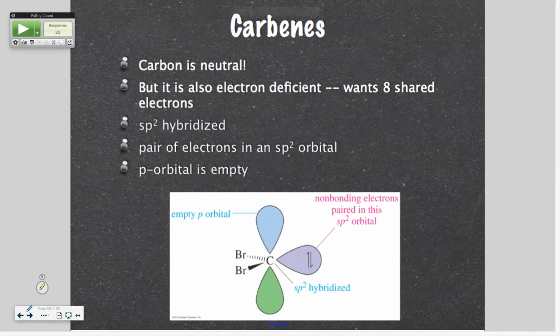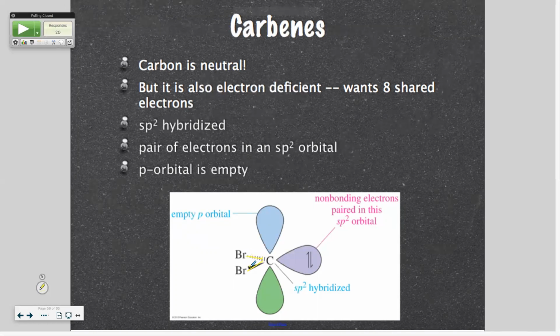Okay, carbenes. Carbenes are carbons with only 6 electrons, but 2 of them are a pair. They have to be formed just like the other things. You have to make them somehow. We'll learn the ways to make them as we go. But that carbon is sp2 hybridized. You have 3 sites of electron density. In this case, they're using the dibromo one. So here's a bromine, here's a bromine. So there's 2 electrons here, 2 here, and then over here in this orbital is a pair of electrons.